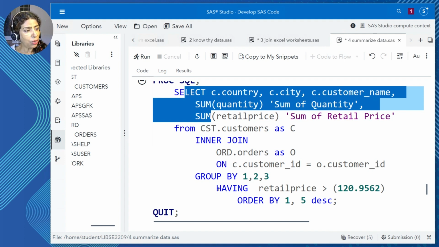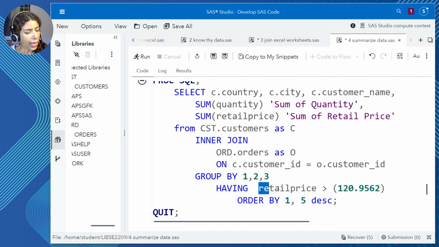Now I want to see which of those customers has a retail price greater than that average that I just calculated. This is the average for the entire table. This is the retail price for a rolled up individual customer. The having clause allows me to cut through this grouping of data, to subset this grouping of data.